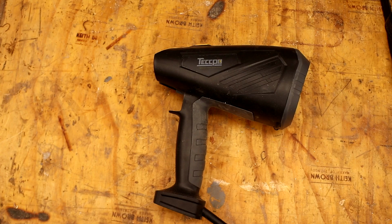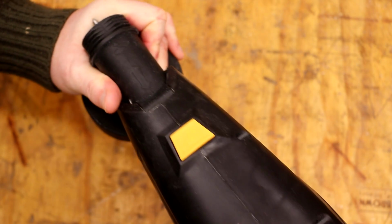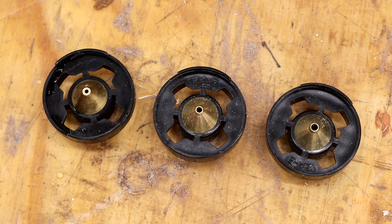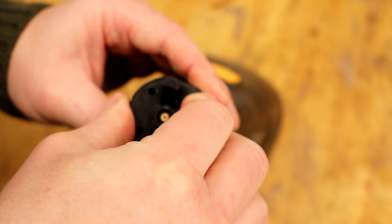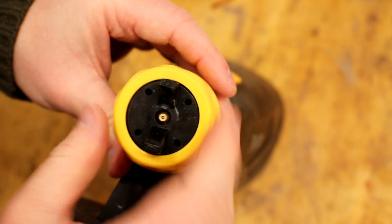You get the main handle part of the body which has the motor in it. Then there's the front part with the nozzle that just pushes onto that and locks via this switch on top, which you can press to detach it. There are three nozzles included in the box, a 1.8mm, a 2.6mm and a 3mm, and those are fitted by adding this ring which controls the spray pattern, which I'll talk about shortly, and this screw-on cap which secures everything